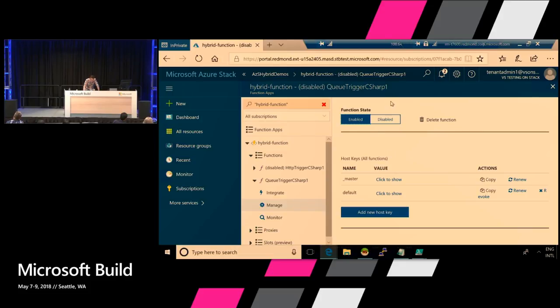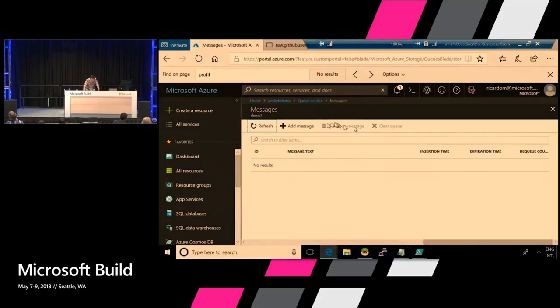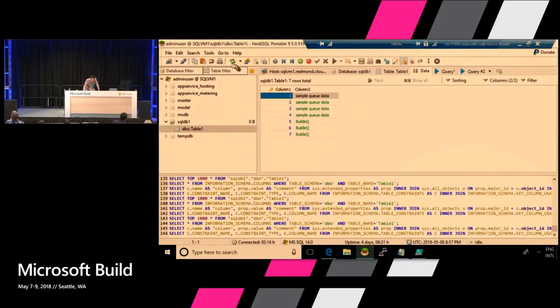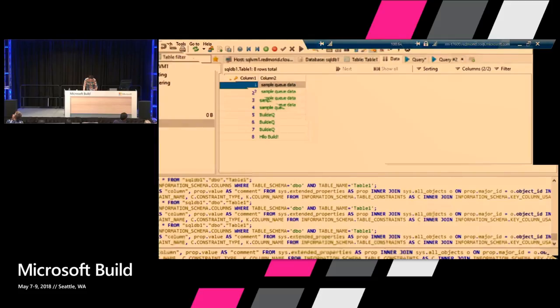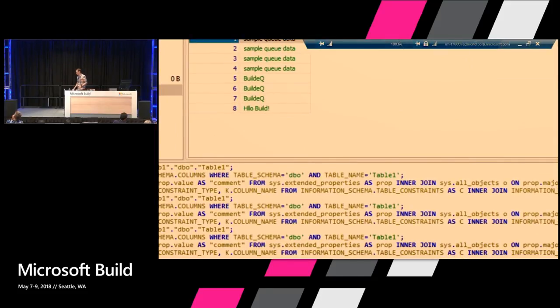All right. So what we will do now is it will take a while for that file to end up on the queue. So we will leave it running. And then after this happens, we will see the data flowing to the database. So I'll let this sit. Oh, that was actually quick. OK. Clearly, my spelling skills are not the best. But you see hello build, which was what we wrote in the file.